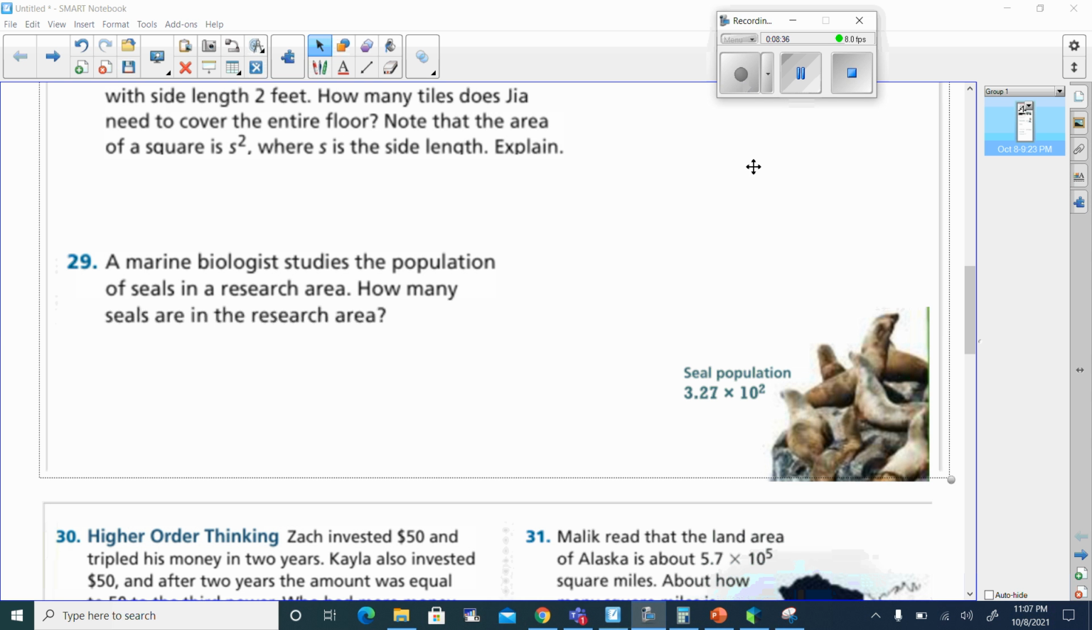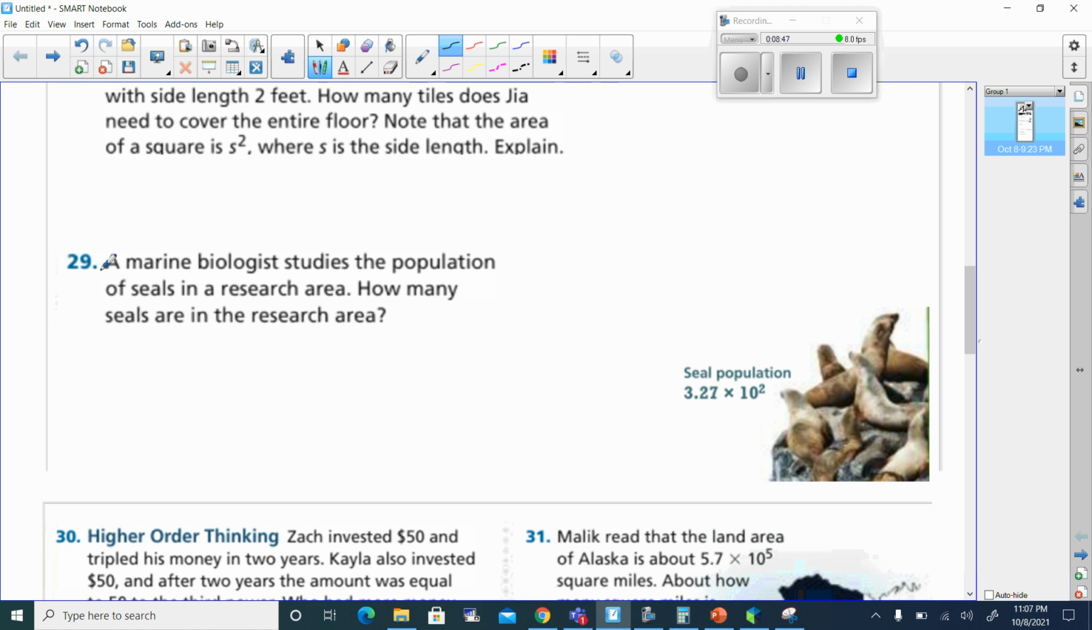All right, I found the missing picture there, and I put it in. It says seal population is 3.27 times 10 to the second power. Now, this makes a lot more sense to me. A marine biologist studies the population of seals in a research area. How many seals are in the research area? Well, when I multiply something to the power of 2, I realize that I'm taking 10 and multiplying it by itself twice. So 10 times 10 is 100. So that means this is really